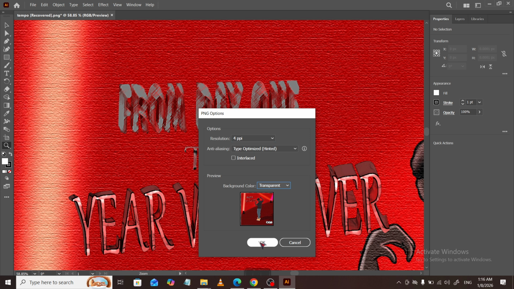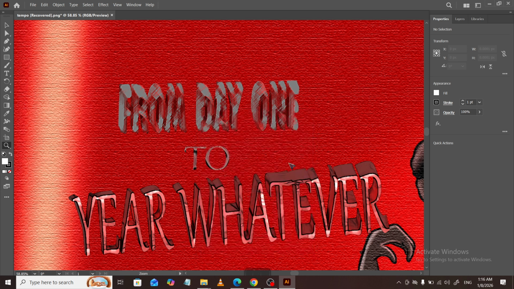Confirm your choices, and Illustrator will export each artboard as a separate file named with your base file name plus the